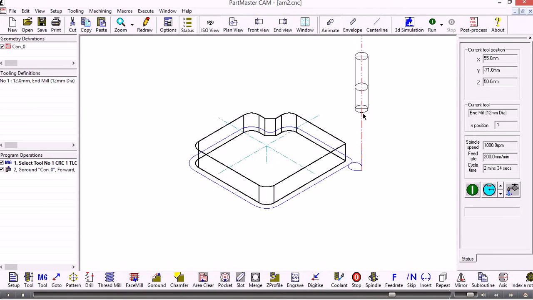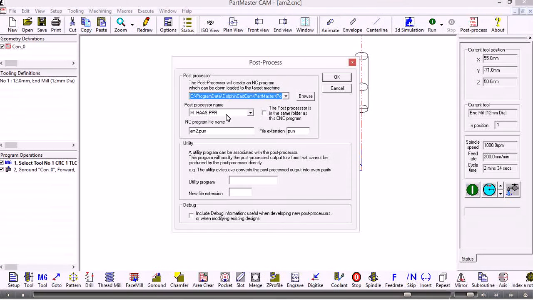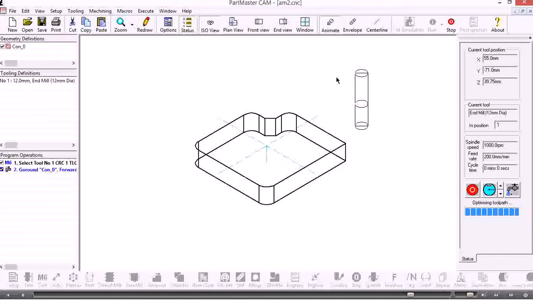We create a piece of geometry in the CAD system called a contour. We pull that contour through into the CAM, and then we produce the machining on that. The last stage in the process would be to post-process that, which produces the G-code file, and to do that we use the icon at the top right of the screen here, and we choose the post-processor that we want to use. My default is a HASS, but there are quite literally hundreds of different post-processors for different machine tool